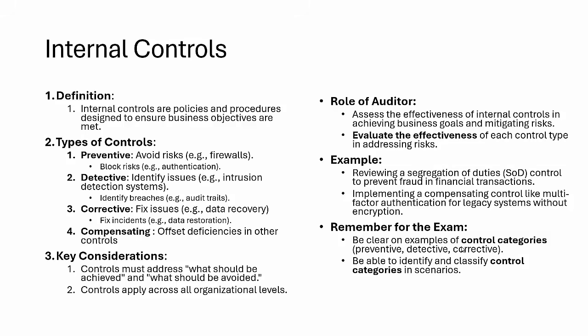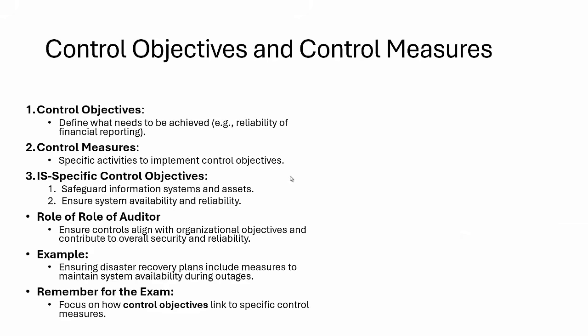So when we implement these controls, every control needs to have a justification, which comes with the control objective and control measure. I'll give an example. Control objective defines what needs to be achieved. Let's say one of my control objectives is to ensure the reliability of financial reporting. My purpose is to guarantee accurate, complete, timely financial data that adheres to IFRS or GAAP requirements. Now, what is the control measure here for that?